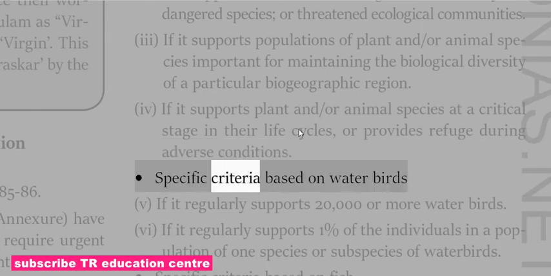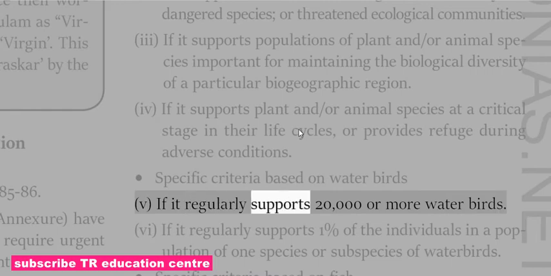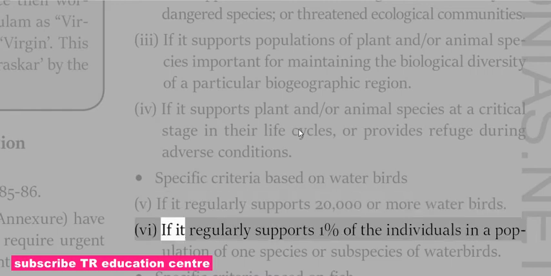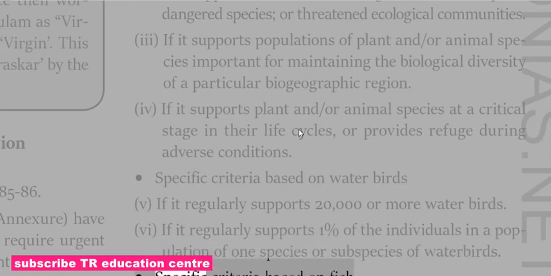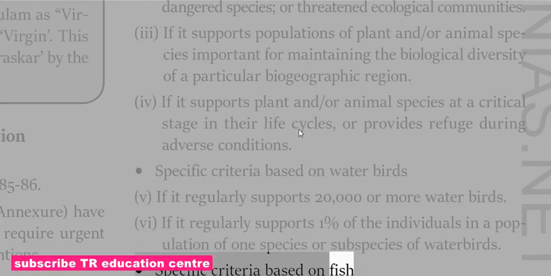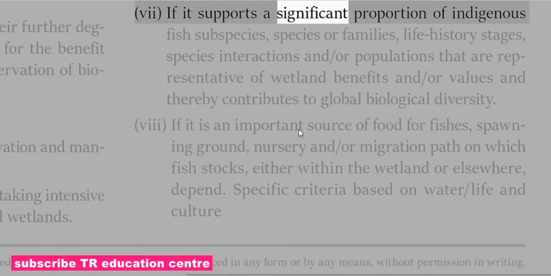Specific criteria based on water birds. 5. If it regularly supports 20,000 or more water birds. 6. If it regularly supports 1% of the individuals in a population of one species or subspecies of water birds. Specific criteria based on fish. 7. If it supports a significant proportion of